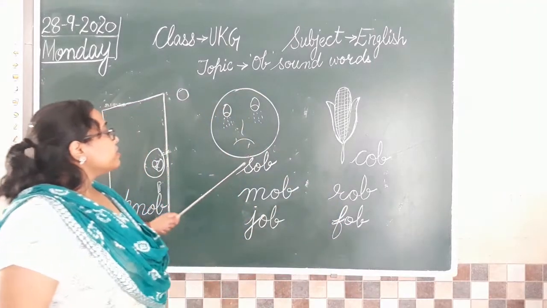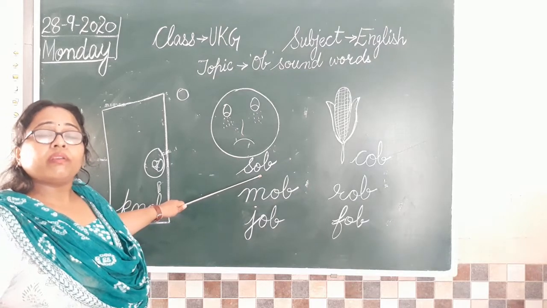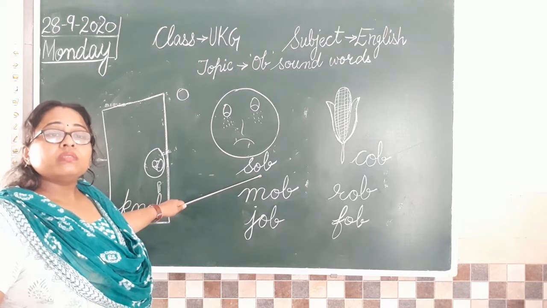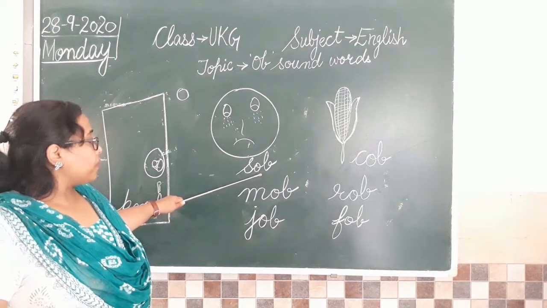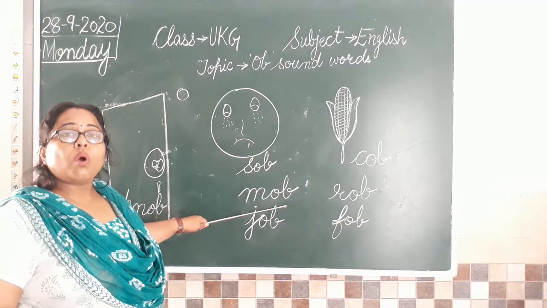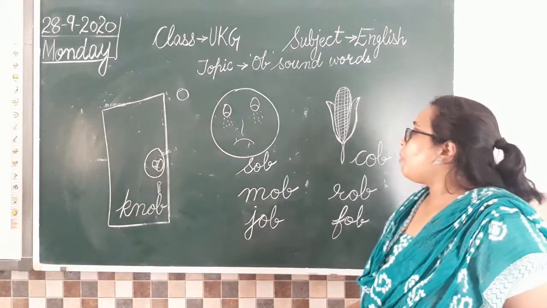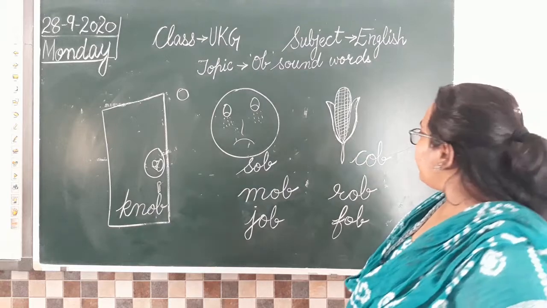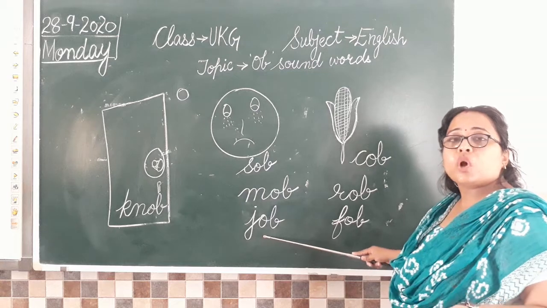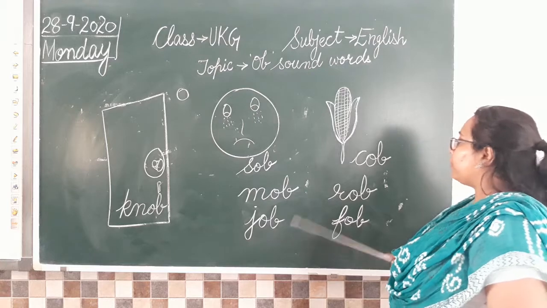Next we have is saw, ob, saw. What is saw? When you are crying and you are shouting together, that is called saw. Saw, ob, saw. Next we have is ma, ob, mob. So what is mob? Mob is crowded area. What is mob? Mob is a crowded area. Next we have is job, ob, job. What is job? When you are doing some work, जब आपको कोई work दिया है and you are doing it.